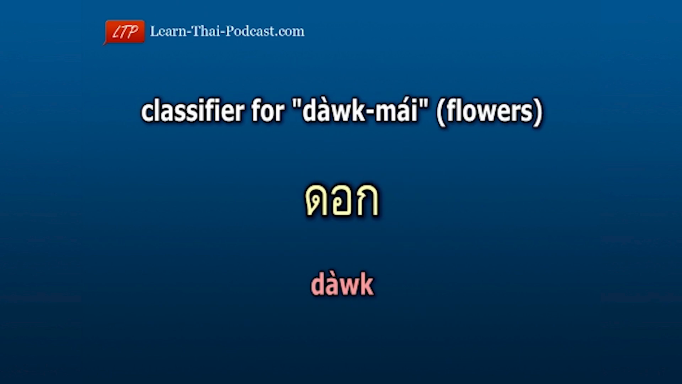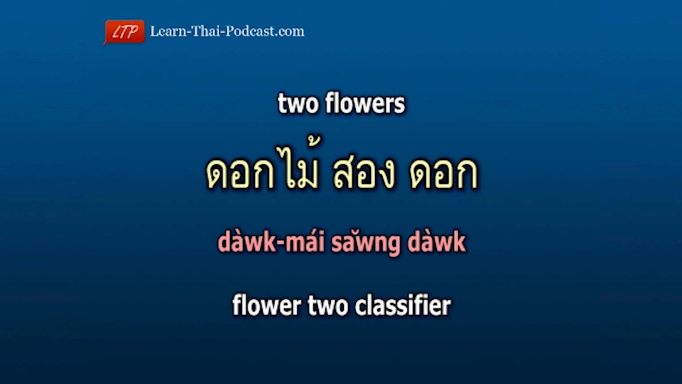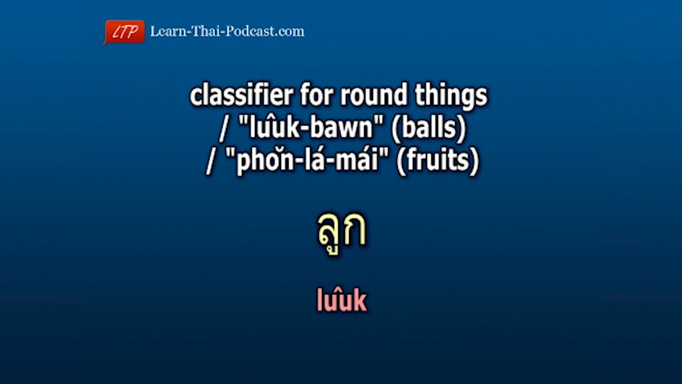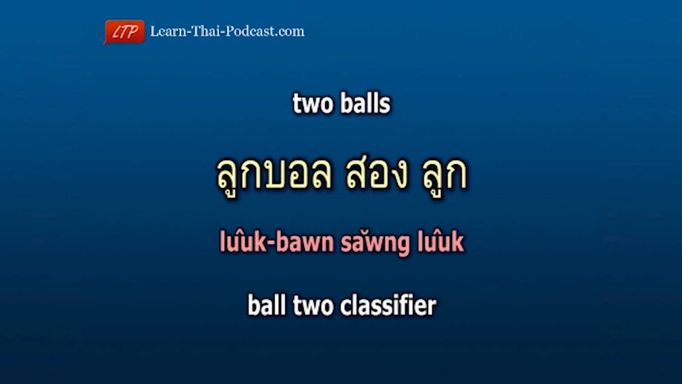The classifier for flowers ดอกไม้ is different. It is ดอก, so if you want to say 2 flowers, it sounds like ดอกไม้สองดอก The classifier for round things such as a ball ลูกบอล or fruits ผลไม้ is ลูก, so 2 balls would sound like ลูกบอลสองลูก